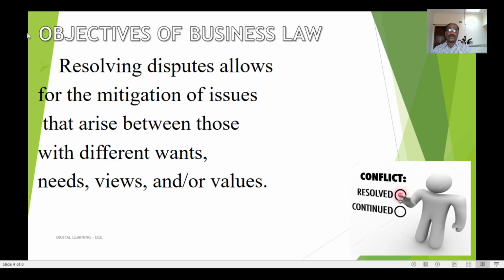And therefore the law relating to the business is very very important, and if it is not there, then there is no reference to overcome the disputes between the business people as well as the public. Therefore the law is very very essential, and the business law is very very essential in the field of all business establishments, because it is a guide, and we will follow this guide, therefore we can overcome the disputes.